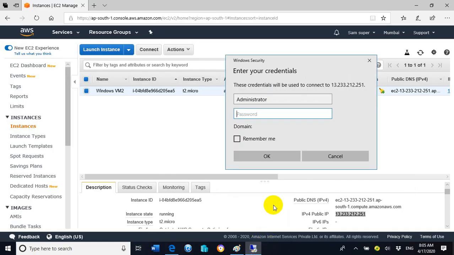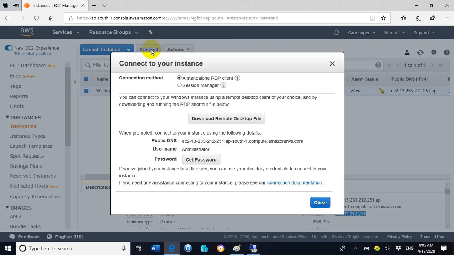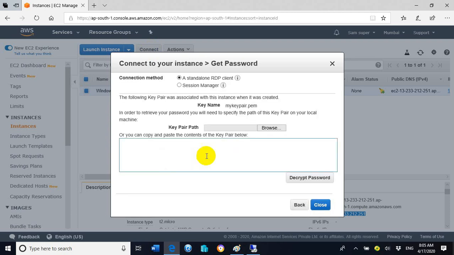Now I will go to the RDP connection, and here I can see on the portal there is an option on the top, connect. Click on connect and click on get password. Here it is asking the key pair path.